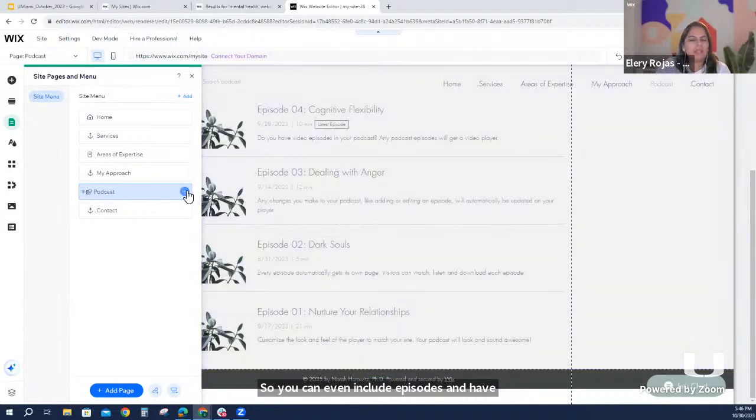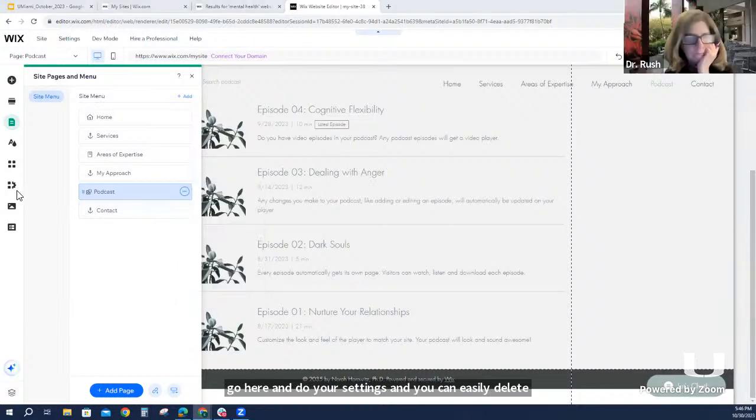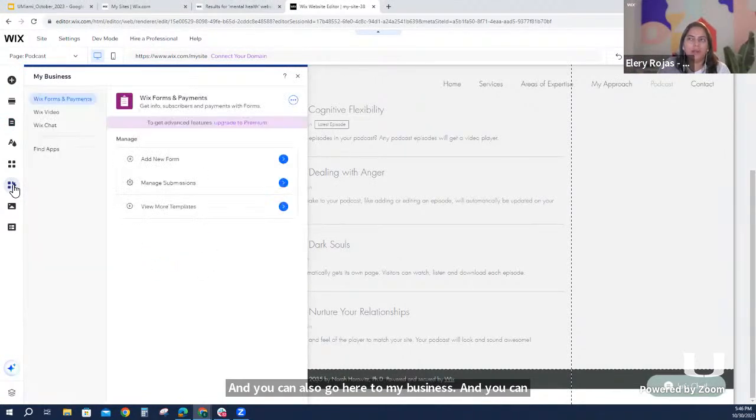If it's something that you don't need, remember you can always add or remove that app or that feature. So because this is showing it, you can go here under your settings and you can easily delete this page here. And you can also go here to my business and you can delete the different features that are a part of this particular template.